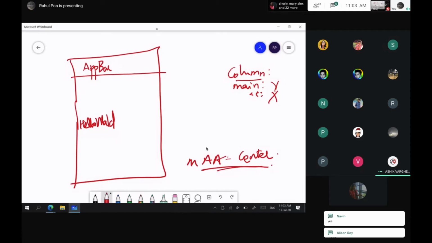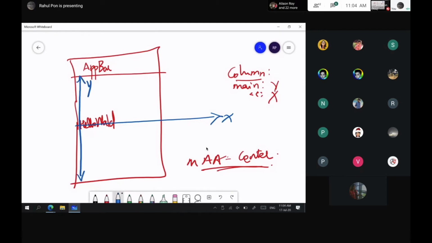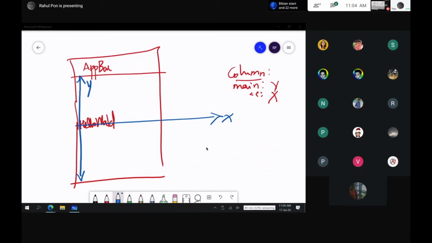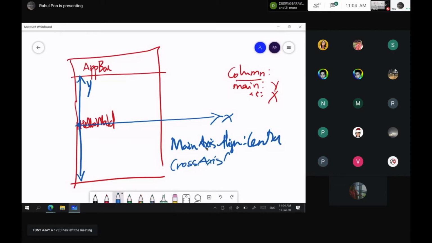Let me just show you what actually happened. So this is the x-axis, this is the y-axis. It happened just like how we programmed. What we programmed was, main axis alignment is center. So what's the main axis here? Main axis is y, and it was there on the center of y. That's true. But cross axis alignment, by default it is start, because we never overrided this cross axis alignment.